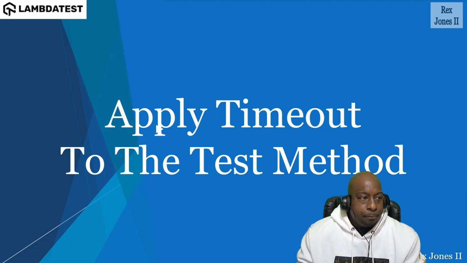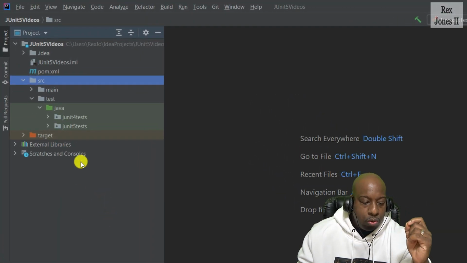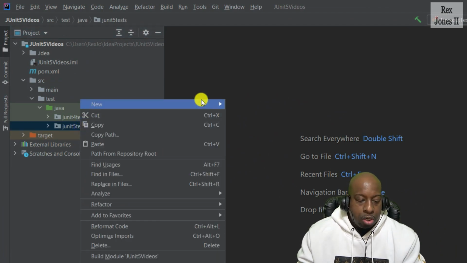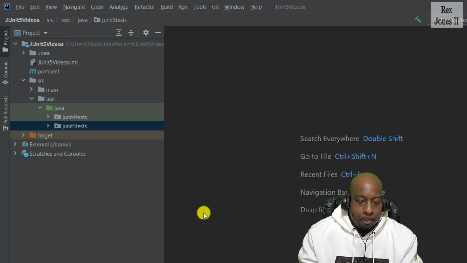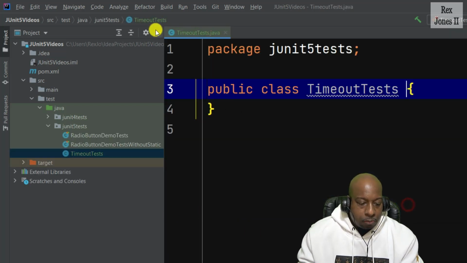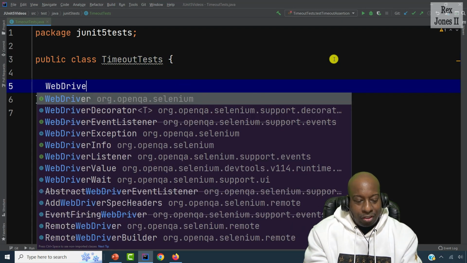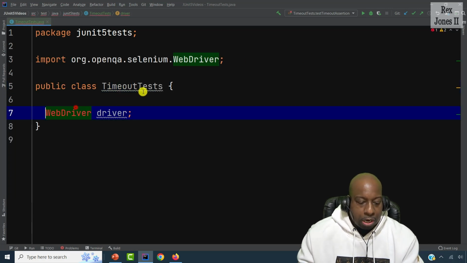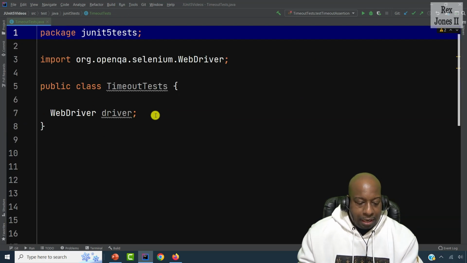In the IDE, we're going to create a class by going to the JUnit 5 test package. Right-click, new Java class. The name is Timeout Test. In the class, I will start with WebDriver, then import WebDriver. I'm going to also make some room, then write the